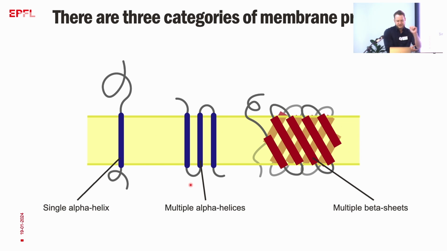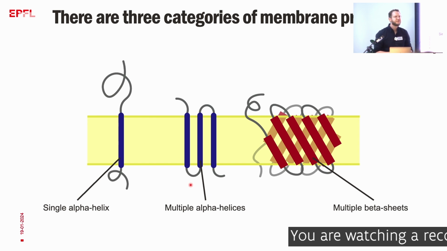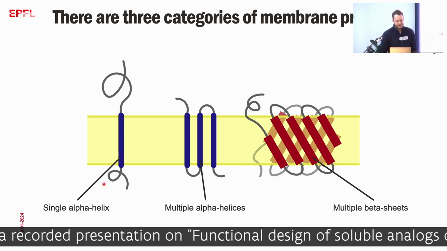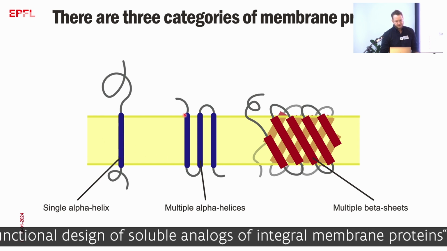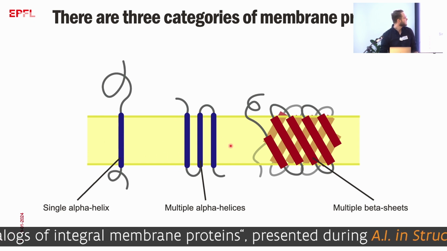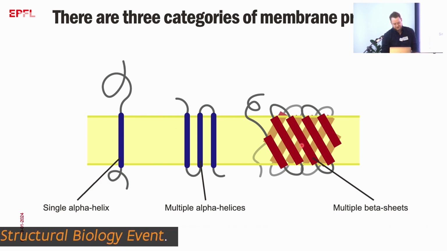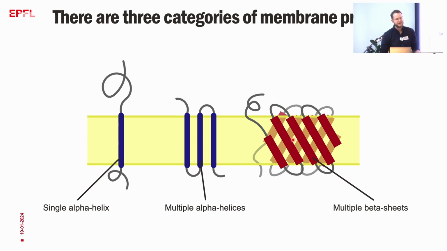So let's first have a quick overview of what membrane proteins exactly are. Generally, when I talk about membrane proteins, more specifically, I talk about transmembrane proteins, which come in three different types. You have the single alpha helix, you have the multiple alpha helices, and then you have the multiple beta sheets. So generally, these proteins insert into the membrane, and in the case of multiple beta sheets, they form a barrel-like shape to form pores in the membrane, which exerts exact control over the diffusion of small molecules over the